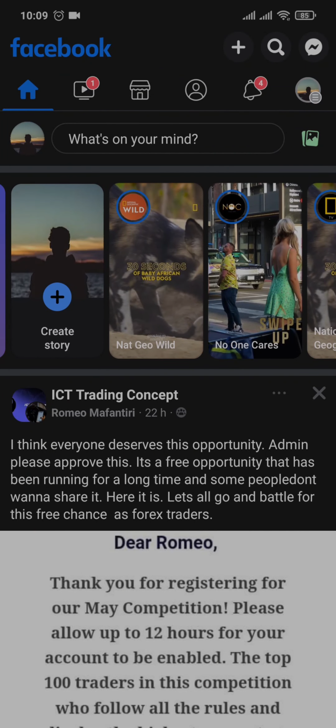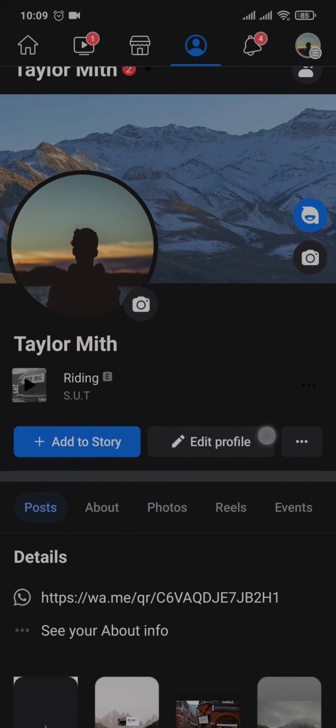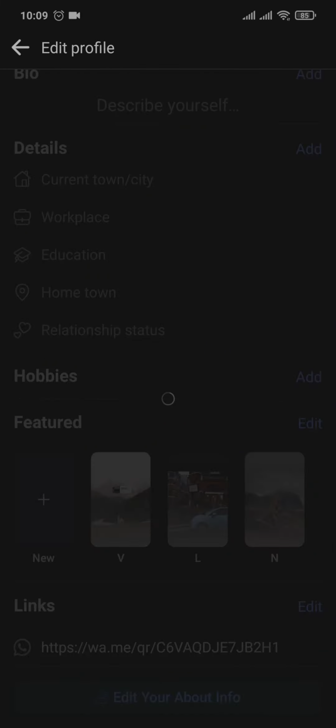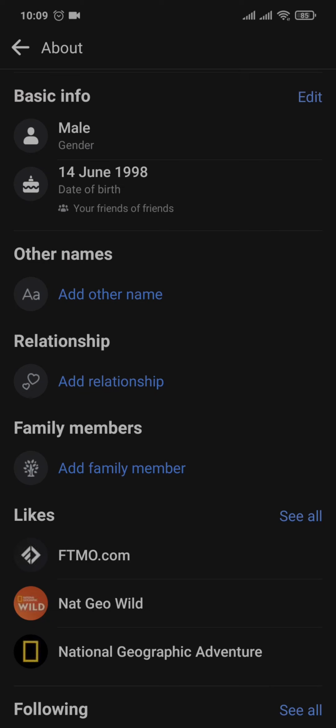Open up your Facebook app, tap on your profile icon on the top left. Once you're on your profile section, you need to tap on edit profile and scroll down to the bottom, tap on edit your about info, and here under basic info you'll be able to see your gender and your date of birth. So just tap on edit